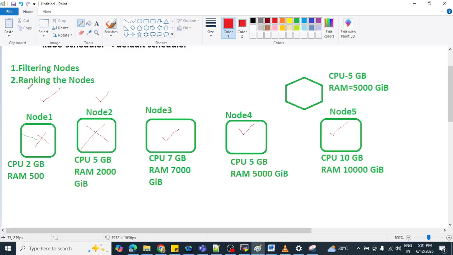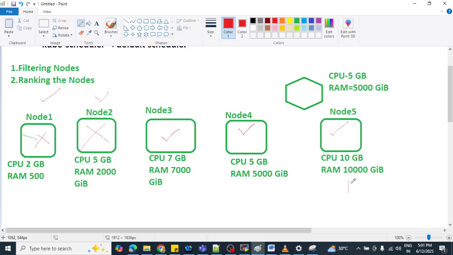So let's give the ranking of those nodes. If you go to the first one, that is good, we can schedule it here. This one is also good, we can schedule, and this one also. But if you choose node 5, we can schedule two pods here, with 5 GB and double, 10,000 GB.